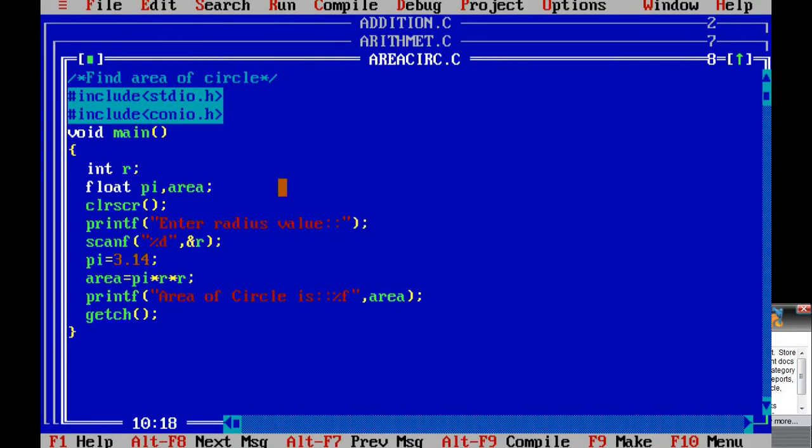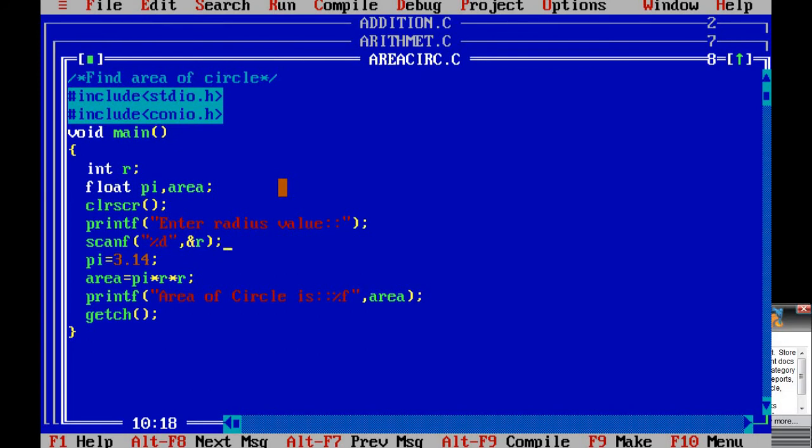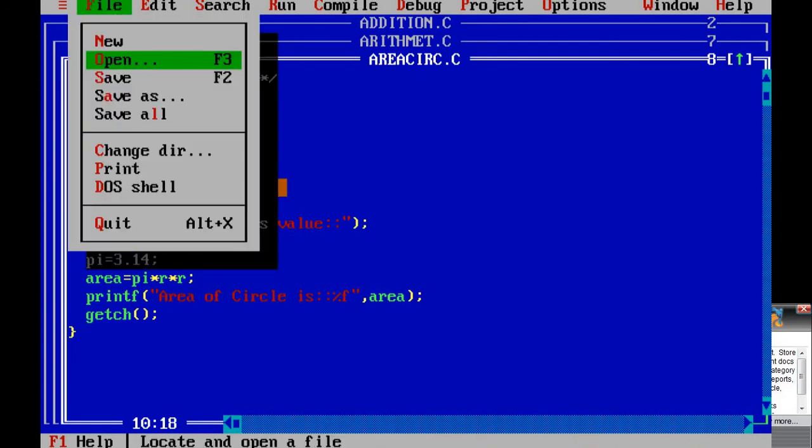Okay, so next I want to execute again, to perform the operation for a different value. Suppose I want to take the radius 8, then it will calculate the area of the circle based on that radius value, right? So every time I can change the radius value, and according to that it will calculate the area of the circle. So next program,